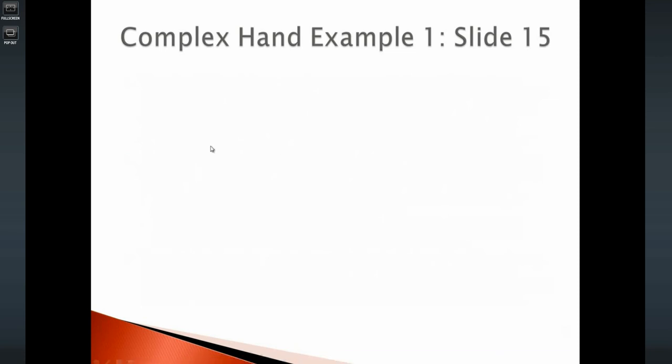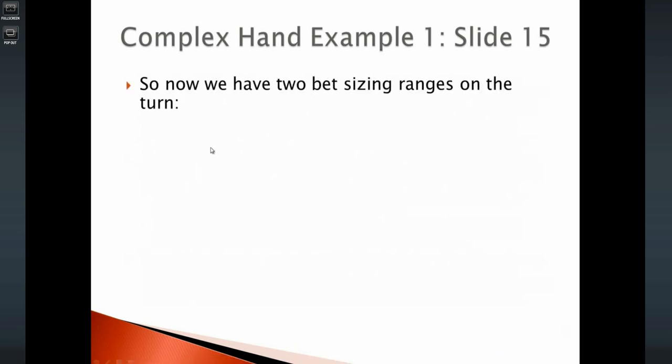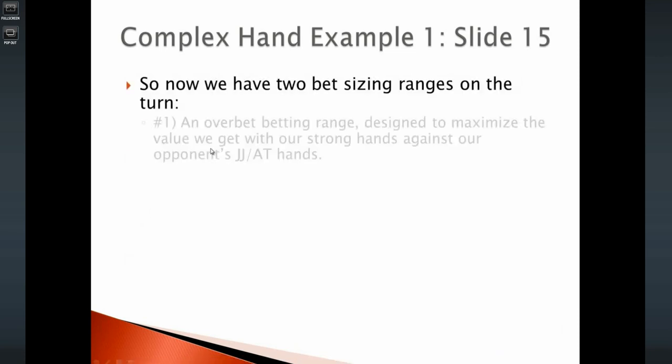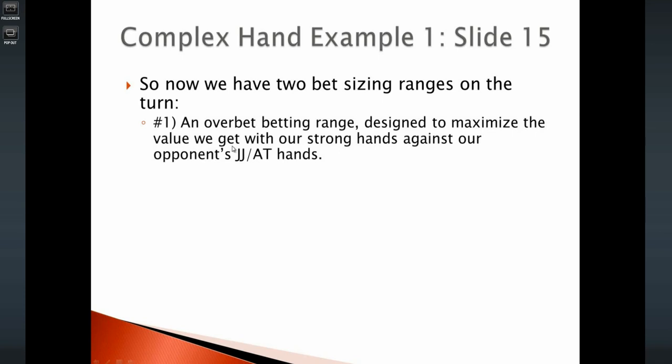Slide 15. So now we have two bet sizing ranges on the turn. An overbetting range designed to maximize the value we get with our strong hands against our opponent's jacks and ace 10 hands. So remember, if we're overbetting on the turn, I know we haven't approached the river yet, but even just a turn overbet, it's going to mean the opponent's going to be felting a very strong range. So when we overbet the turn, and if we make another big bet on the river, we don't expect our opponent to felt very wide,